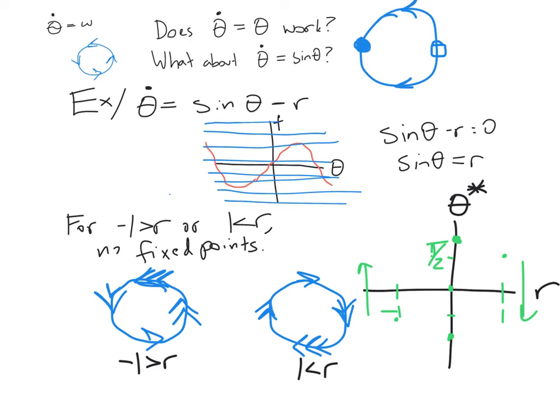In addition, when r is 0, I kind of have 2 fixed points, but I kind of have 3 fixed points. So I have one at 0, that one's unique, but then I have one at pi/-pi, and pi and -pi are actually the same location on the circle, but I'm going to draw them both in,